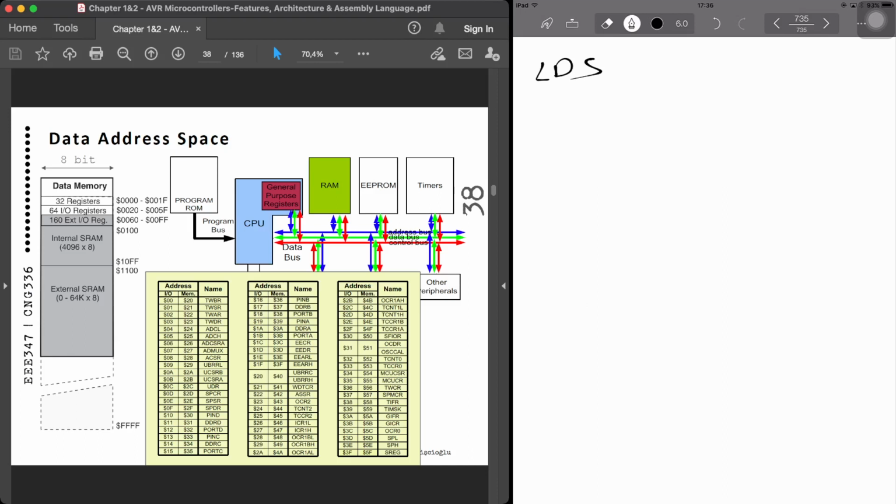So what is LDS? LDS tells the CPU to load, or we can say copy, 1 byte from an address in the data memory to the GPR. So LDS is doing data memory to GPR. Okay, so we are loading data from data memory into GPR in order to perform some arithmetic operation,